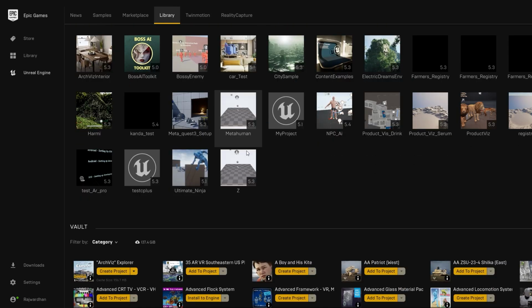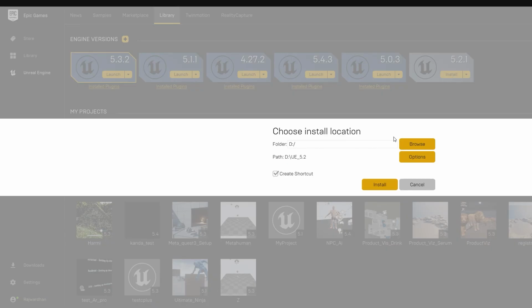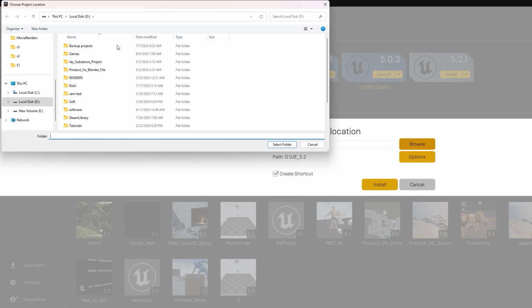Once you are in the Unreal Engine window, we will install Unreal Engine 5.3. So click on this plus above here and select Unreal Engine 5.3. We'll need to do a few things first. So this is where you can install your directory, the engine version where you want it installed on your drive,